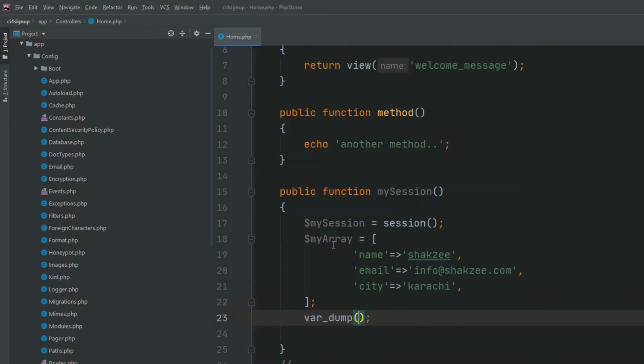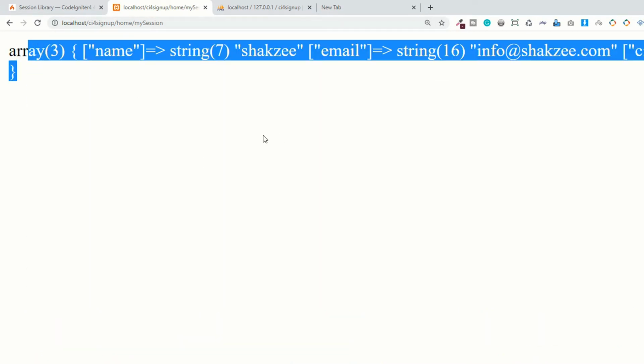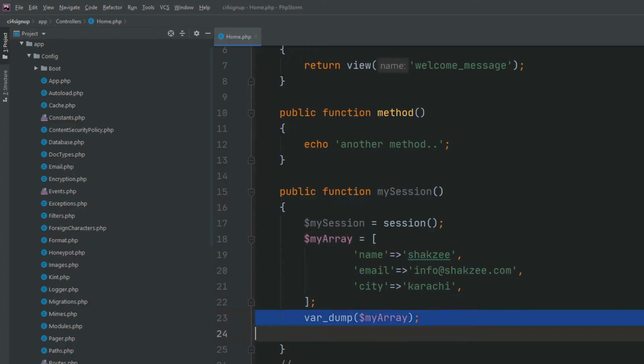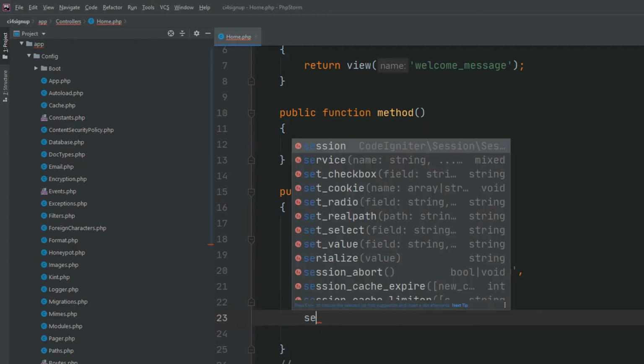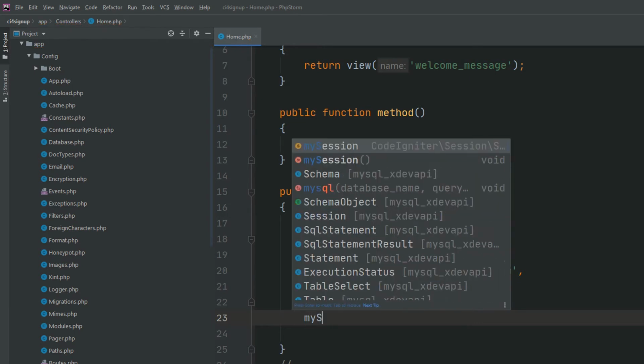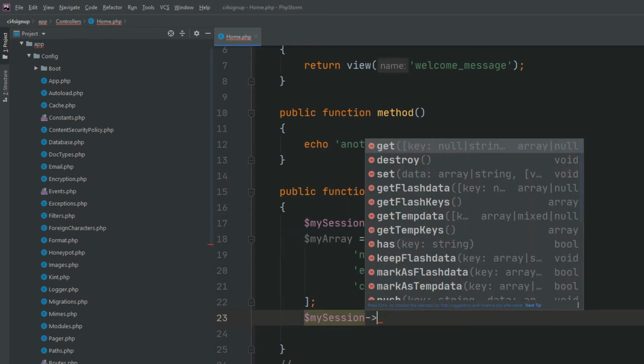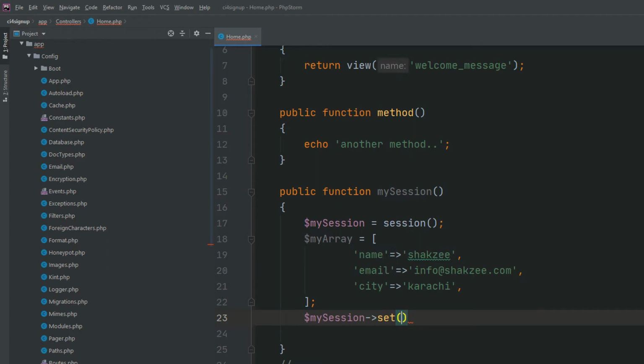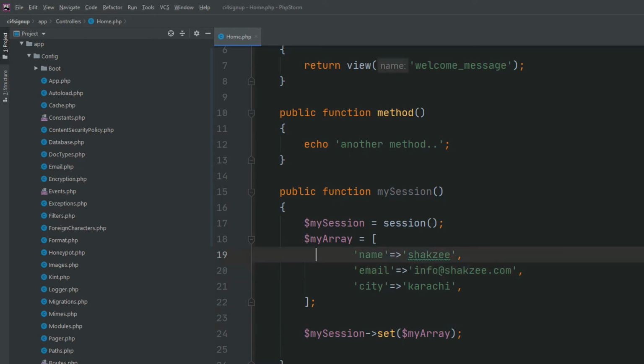So if you var dump this array, it will give you the array you are using here. Let's suppose you have your array. So now I'm saying my session. So this is your session, and now I'm saying set. So if you have the associative array, you can pass the associative array like this to set the value in the session. Okay, now if you have a single value, let's suppose if you want to set only the name,